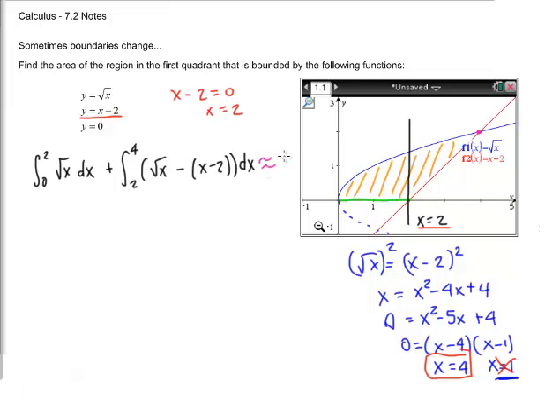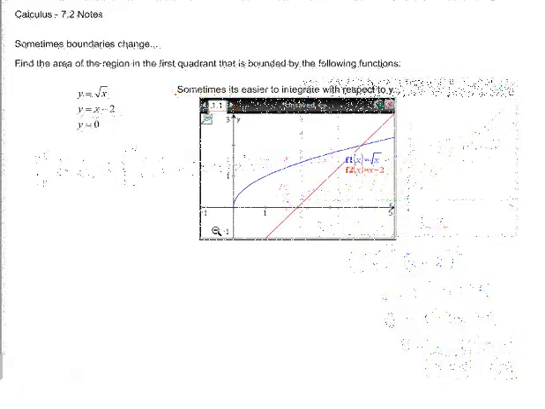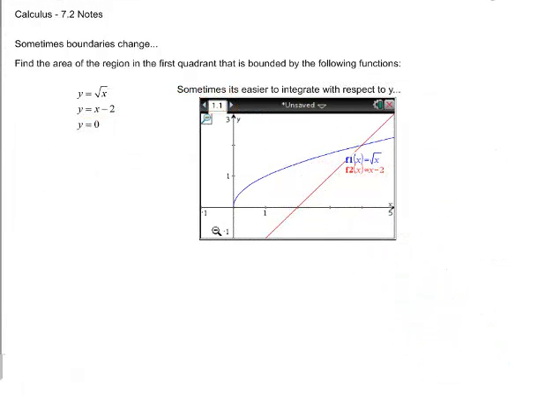And when you punch all of this in, you're going to end up with 3.3 units squared. And if you do it by hand, you're going to have 10/3 units squared of shaded region inside those curves. Sometimes you can integrate with y, and it's a lot easier to do. So if we took that same exact problem that we just got done solving, and we looked at the same